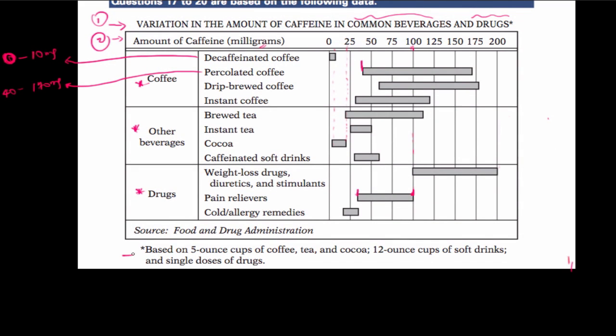And then lastly, it says the information that we have here is based on 5 ounce cups of coffee. So this is the sample. The sample was gotten from 5 ounce cups of coffee, tea, and cocoa. So from here to here, what they used was 5 ounces, and then for the other one, 12 ounce cups of soft drinks. So for the soft drinks, they used 12 ounces,